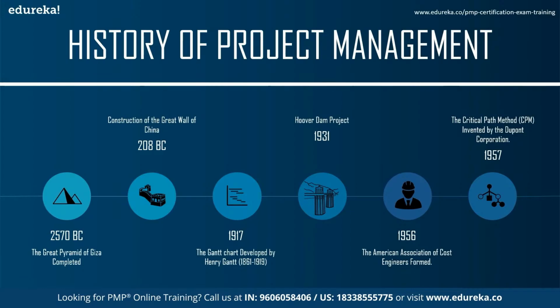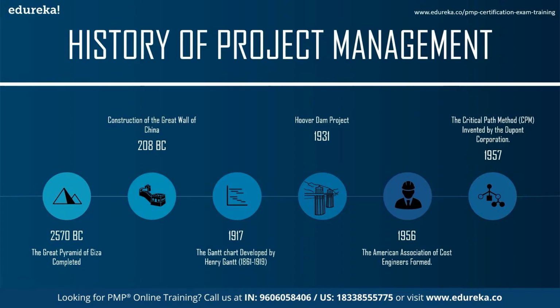Then in 1957, the critical path method was invented by DuPont Corporation. CPM is a technique used to predict project duration by analyzing which sequence of activities has the least amount of scheduling flexibility. DuPont designed it to address the complex process of shutting down chemical plants for maintenance and then, with maintenance completed, restarting them. The technique was so successful, it saved the corporation $1 million in the first year of its implementation.